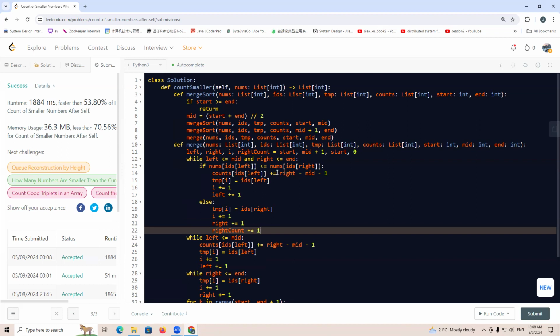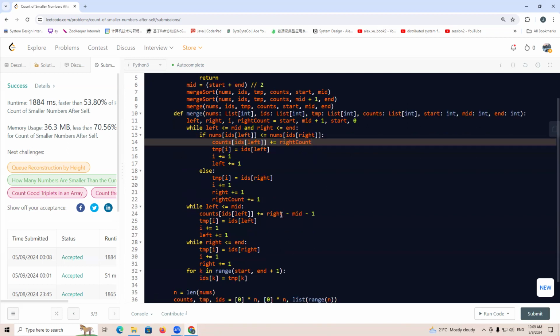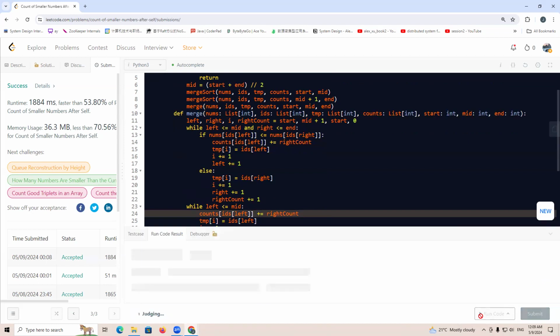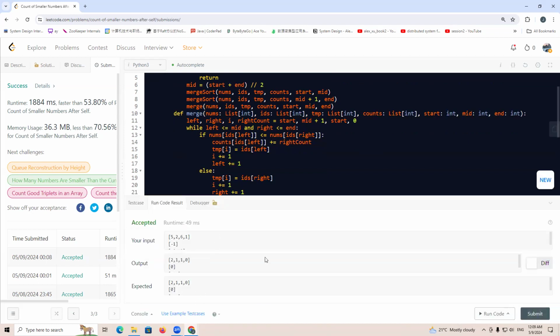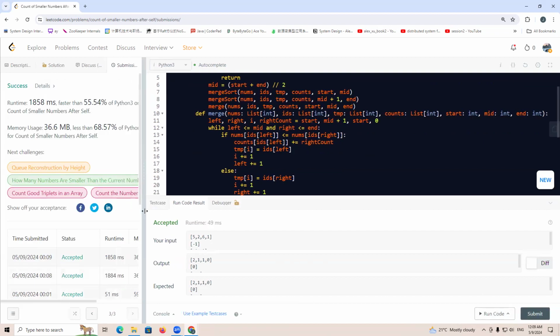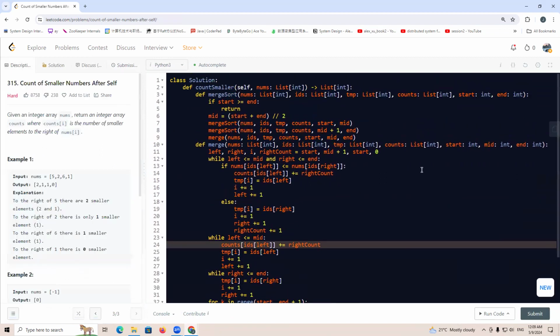And this one just adds right count, and also this one just adds right count. Should have the same result. Okay. The time complexity is n log n, space is